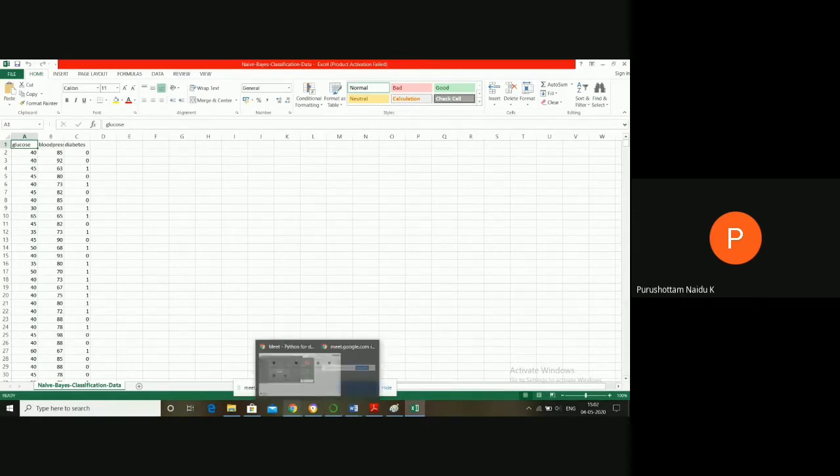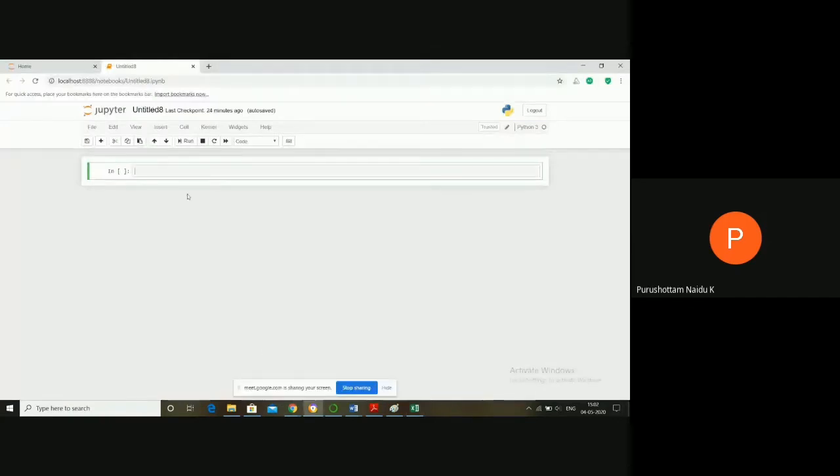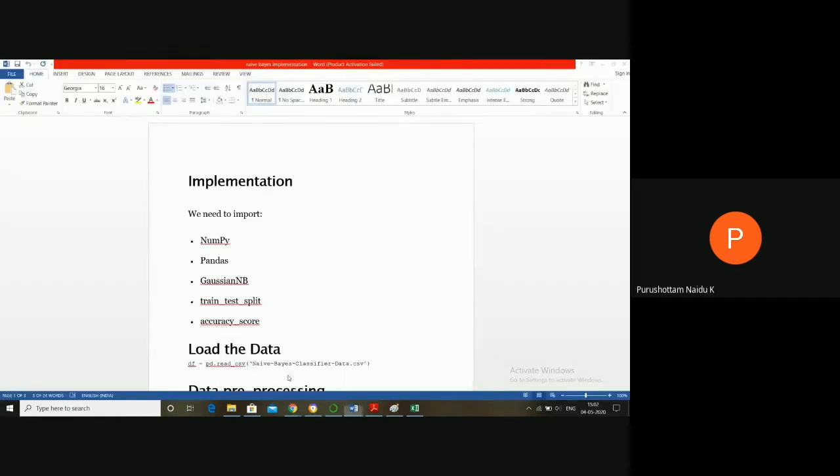Clear? First we have to import the necessary libraries. To implement this algorithm we require the NumPy library, the Pandas library, and the sklearn library. In the sklearn library we mainly use these methods: GaussianNB, train_test_split, and accuracy_score. The GaussianNB method is used to build a model.